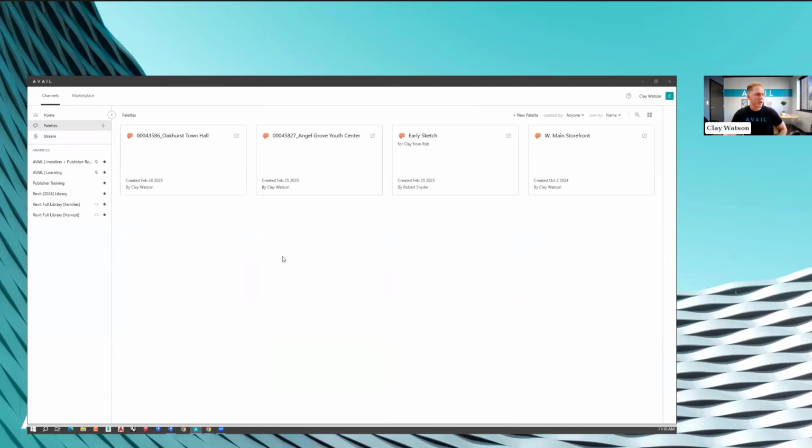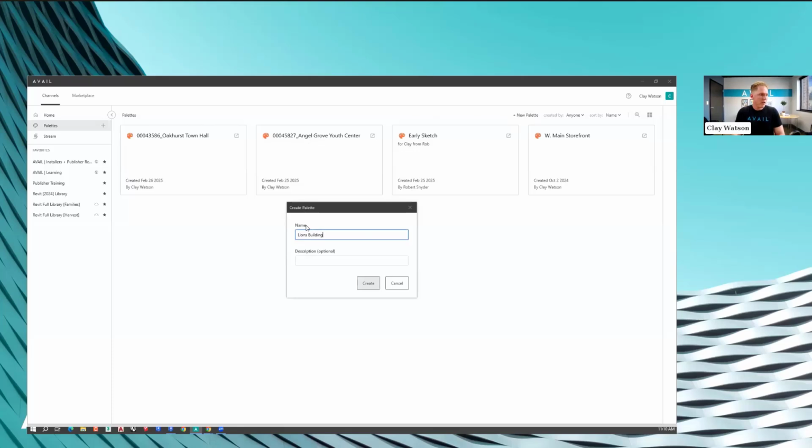So if you're in here brand new, this page is probably going to be blank. So the first thing you'll want to do is create a palette. And so you can go in here. I've got a few of these that got like a project number. So palettes can be, if you're working on specific projects, you want to match it up and how you want to work with those resources, then you can. Or you can create your separate